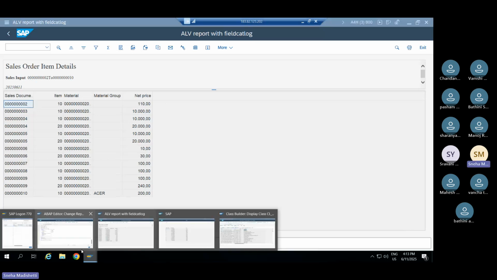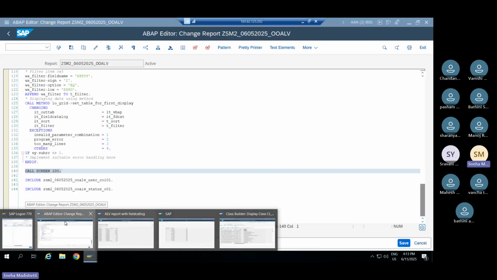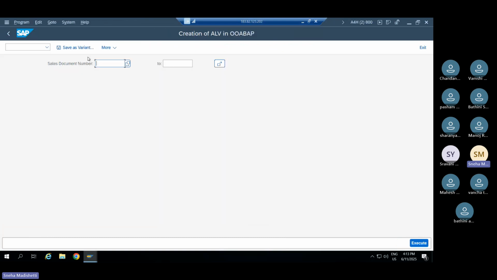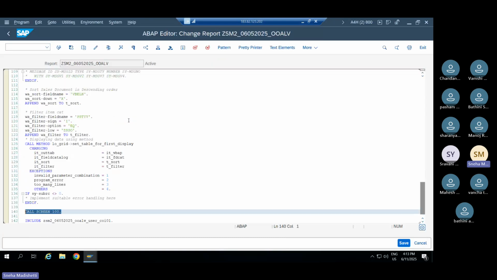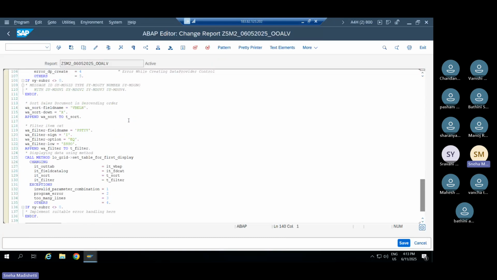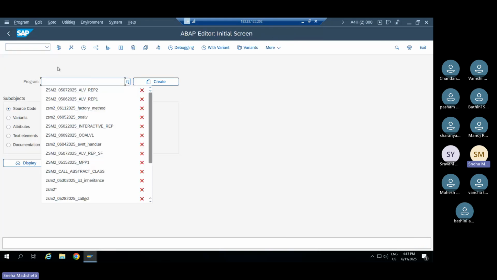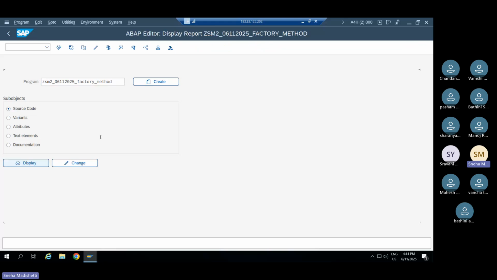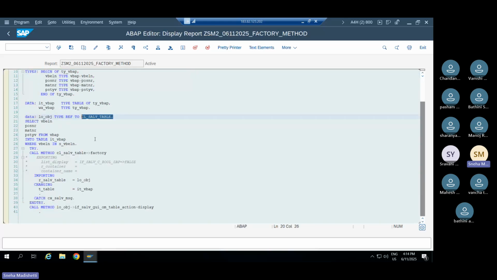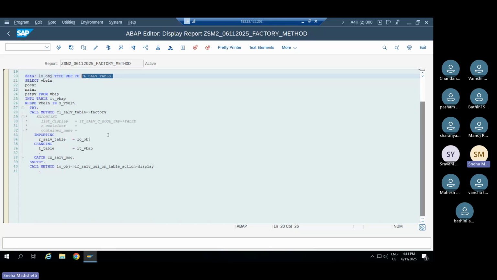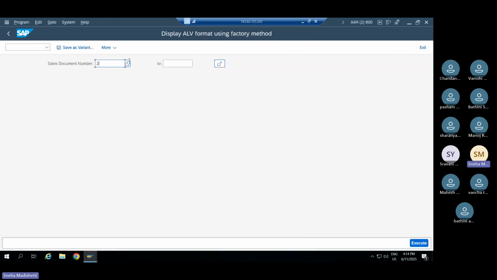I need one more. This output we will also see. This one is also for grid. Let me take today's program. In this program, I have used this class, but not for a container. I am displaying it on the complete screen. So if I execute this one,